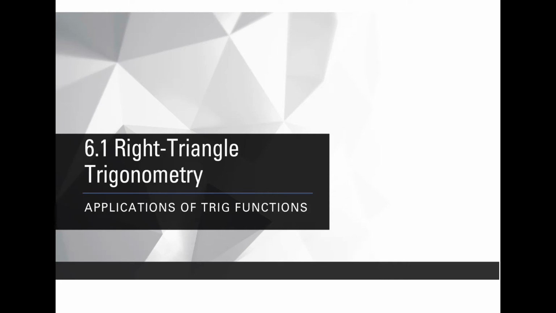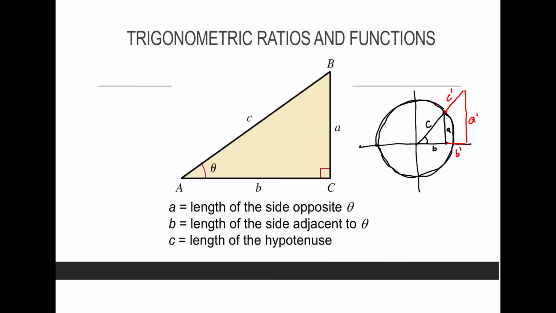In 6.1, we're going to look at right triangles and how they serve a function and a purpose, a way of looking at some of the applications we're going to use in trigonometry. So let's take a look at a right triangle. And a right triangle, of course, the only thing that's unique about a right triangle, which makes it a right triangle,